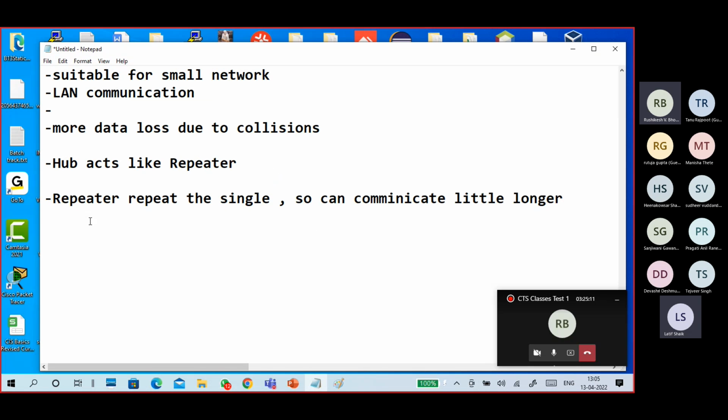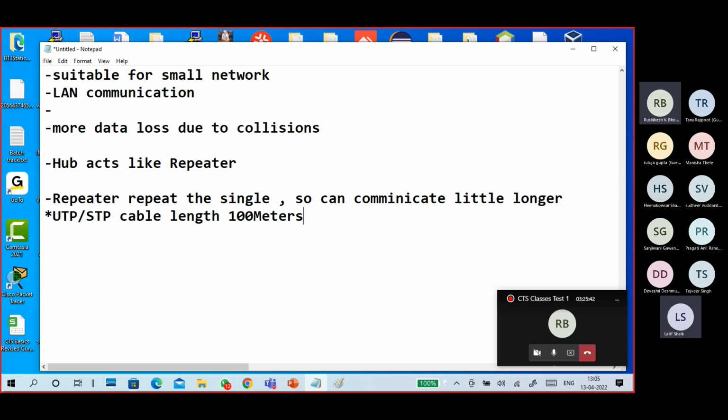Here is a point we have to note: our UTP or STP cable supports a length of 100 meters only. For example, you want to communicate from the top floor to the bottom floor. A 100 meter wire is not enough. What to do? Use the repeater.